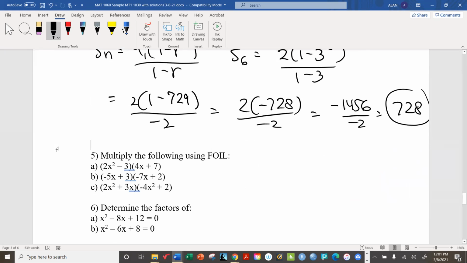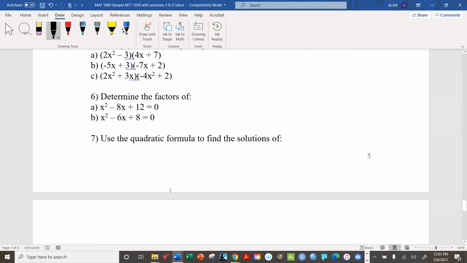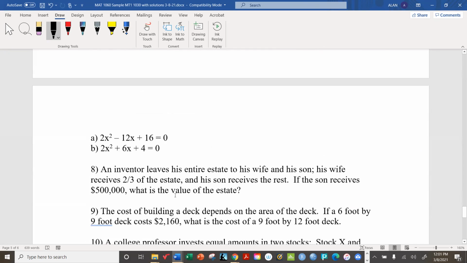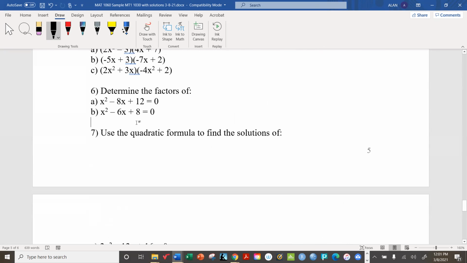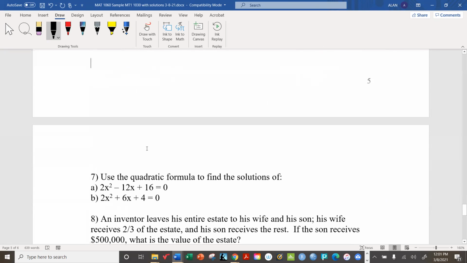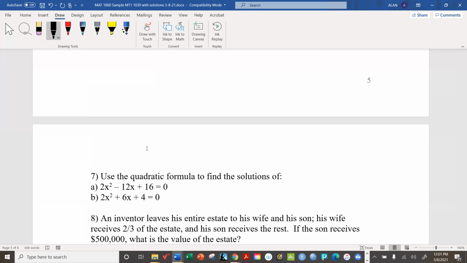Now, unfortunately, it's already 12 o'clock. So what's left here is just a few. We've got FOIL, we've got factors. We've got a little ways to go here, but we can finish these on Thursday. In the meantime, I'm going to put up, like I said, the midterm, and you can start working on it right away, or you can save it till Thursday, whatever you want to do. It won't be due until midnight next Monday anyway, and so you'll have plenty of time to work on it.